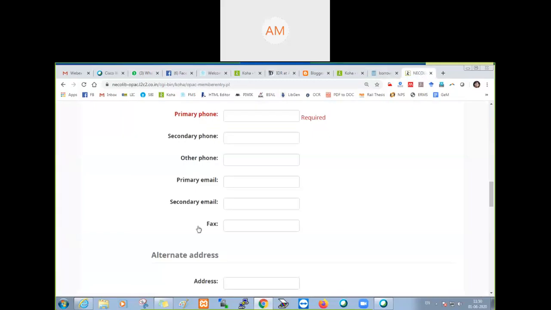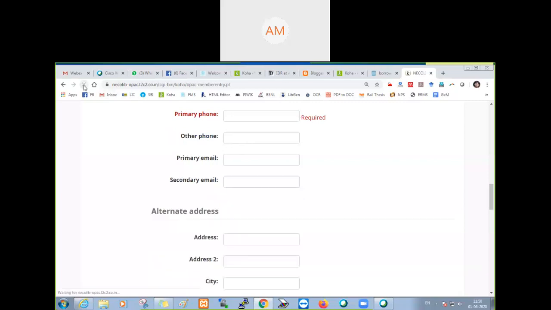Now you will see here fax is visible, secondary phone, other phone is visible, because the fax will be invisible now. So we'll search. Now there is no secondary phone, no fax. So this is how we can design the form according to our wish.